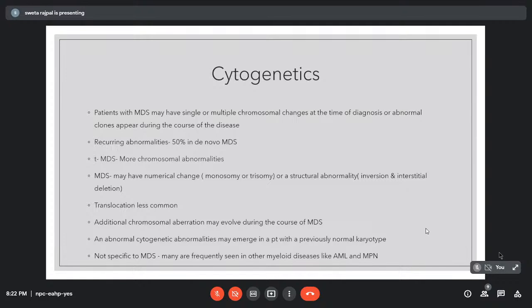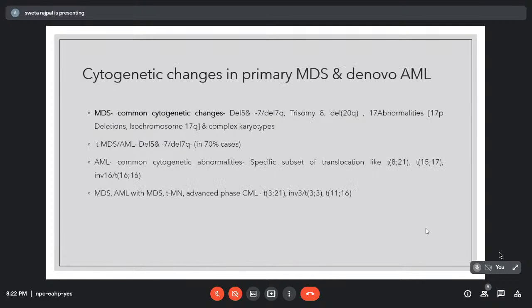As we said for mutations, cytogenetic abnormalities are also not specific for MDS, though some are more common in primary MDS, like deletion 5, monosomy 7, deletion 7, trisomy 8, deletion 20, and 17p abnormalities that include 17p deletions and isochromosome 17q. Complex karyotypes are also commonly seen in MDS. So we can use FISH to detect these common abnormalities. And if you look at